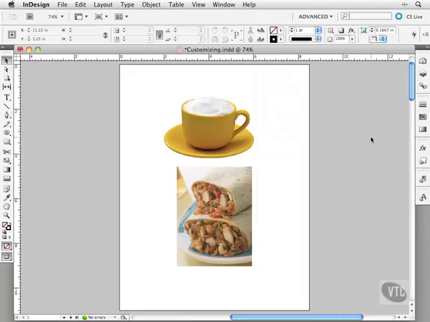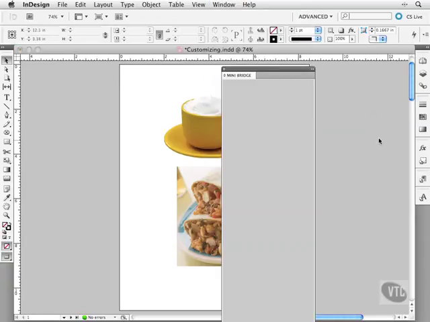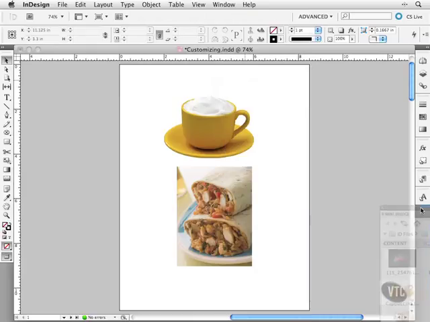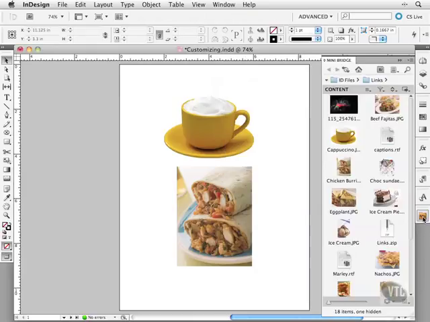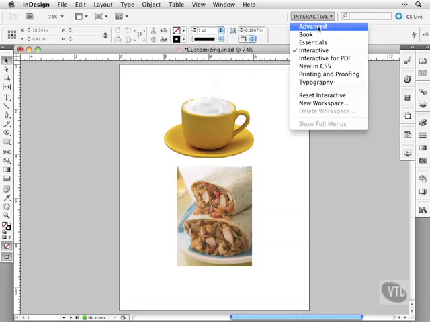Now, the thing to remember about these workspaces, as you alter them and make changes to them, it sticks. So even though this is called advanced, it is not the same advanced that was there when you started InDesign. Let me show you what I mean here. If I pull down the window and choose Mini Bridge, a Mini Bridge comes out like this, and I can dock it over here at the bottom. Say I use it a lot, which I actually do, and just want it located here all the time. I'll close it up. Now, if I switch over to, let's say, interactive, like this, and switch back to advanced,